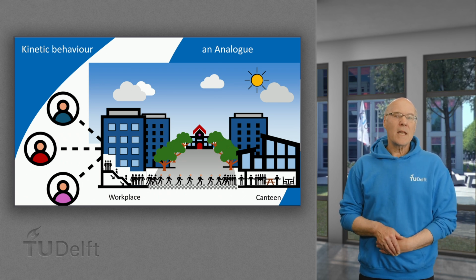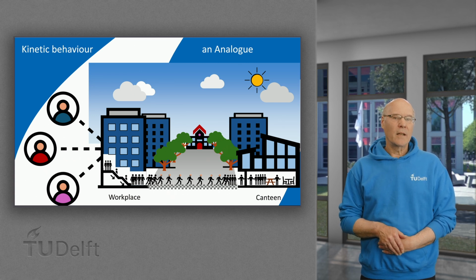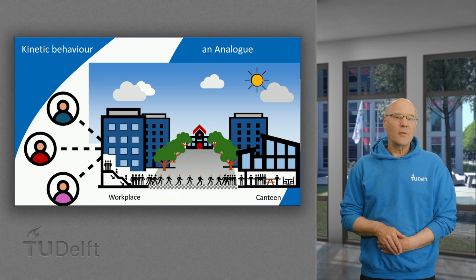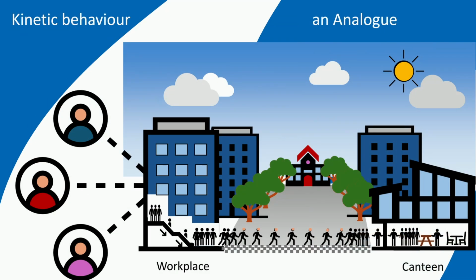There are people moving easily to the other side of the street till they arrive at the other building. People are taking off their hat and sunglasses, which takes some time. Then they must go through a door to get into the building. Once they are in the building, they must find their way to the canteen. And finally, when they are in the canteen, they must line up for the buffet and cashier. This is exactly what ions also experience once they go from one side to the other.